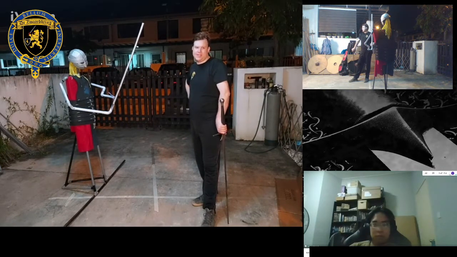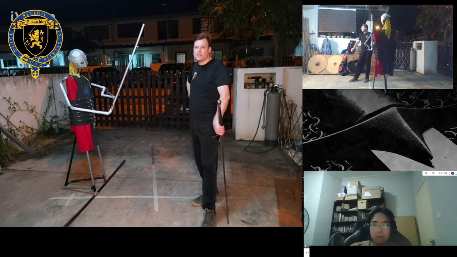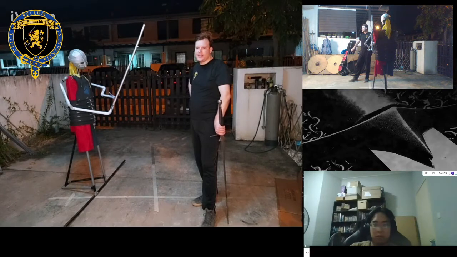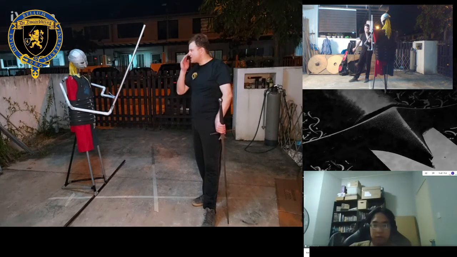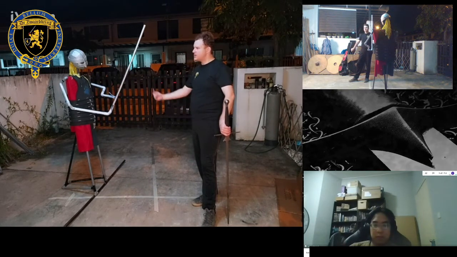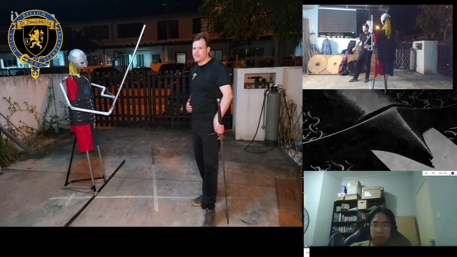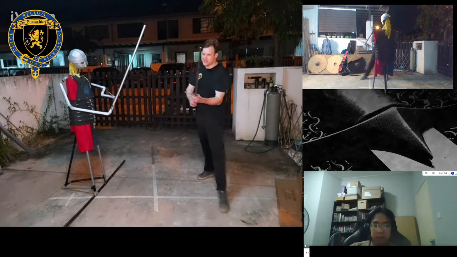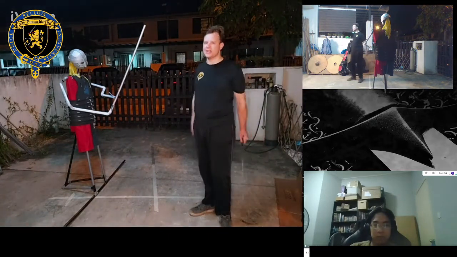You might have to do this as well. Your opponent isn't perfect. Maybe he has misjudged his measure, and he is too far. Then you need to step forward to close in with him as well. Maybe he started too close. Then you might need to step backwards to get the right measure for you. Your footwork is strongly dependent on where your opponent started, how far your opponent is stepping in, if at all. Like if your opponent is making some sort of retreating cut, you might need to really lunge in there to get your measure.